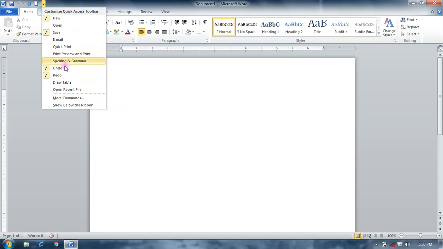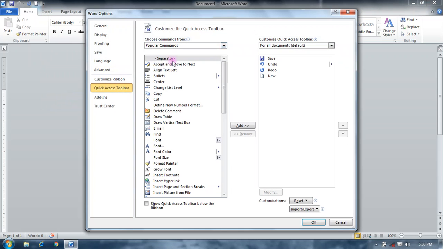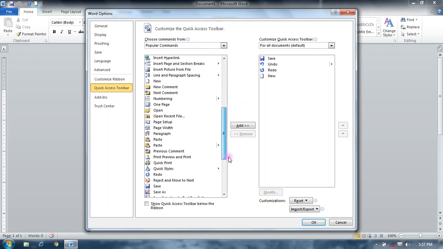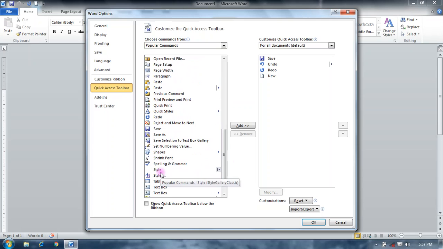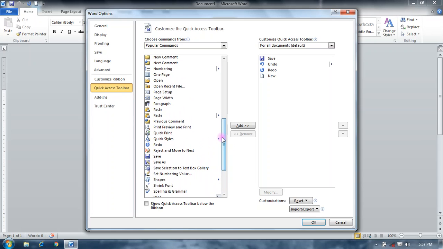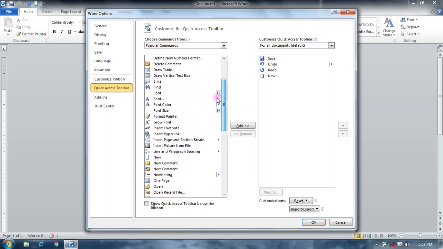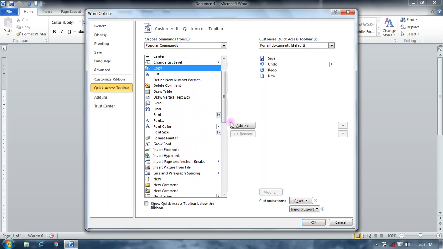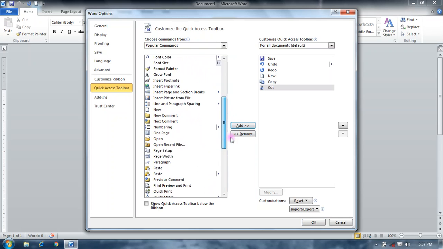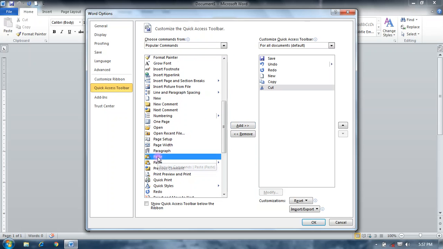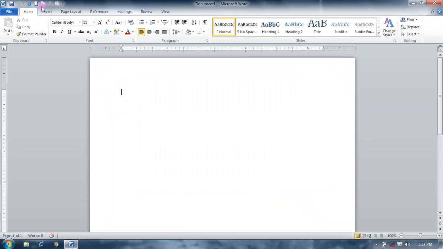For this, we click on More Commands, and from this window we select the commands we want to add to our Quick Access Toolbar, like copy, cut, and paste, add them, and click OK. So you can see the cut, copy, and paste options.